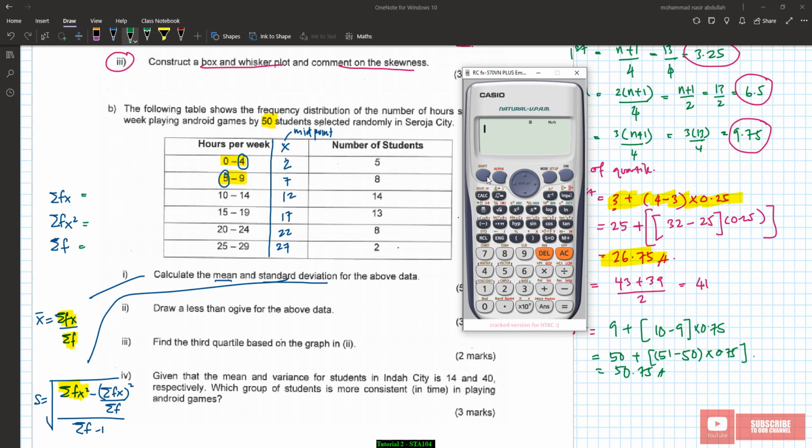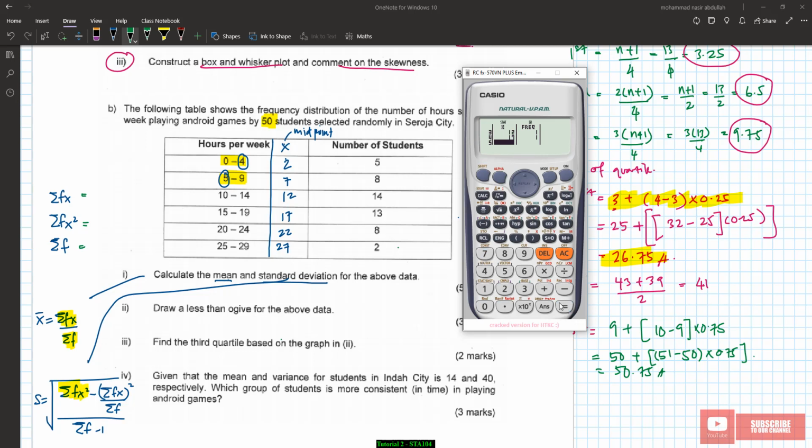Right. First step is tekan shift mode, dan you cari kat bawah ni, cari statistics number 4 and open frequency. And then tekan mode 3 and find 1 minus variance. This one I already taught many times. So I go fast. So 2, 7, 12,